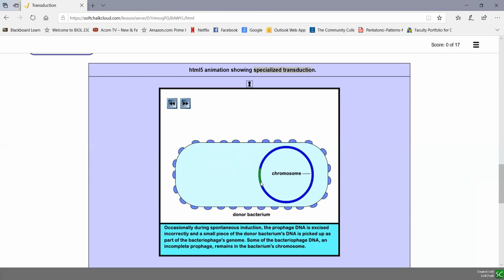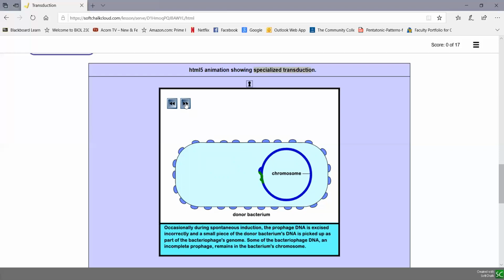And keep in mind that spontaneous induction is a rare event, and then this mistake during spontaneous induction is a rare event of a rare event. So this doesn't occur as frequently as other means of horizontal gene transfer. Yet on a single Petri plate, you might see this happening 3 or 4 times because of how numerous the bacteria are. So now we're going to see that the viral genome comes out unevenly during specialized transduction. So notice when the viral genome was cut out of the bacterial chromosome, a little bit of the blue bacterial chromosome is still joined to most of the viral genome, but some of the viral genome in green was left in the chromosome. So again, instead of coming out here and here, it's going to cut out here and here,